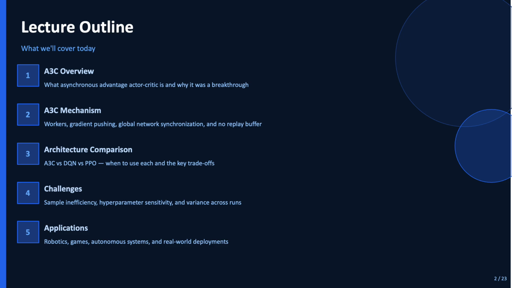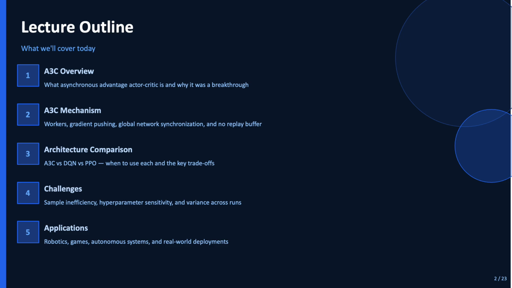This lecture covers 5 connected topics that build on each other in a deliberate sequence. We begin with what A3C is and why parallelism was such a significant advance over prior methods. We then examine the actual mechanism: how workers collect experience, how gradients flow to the global network, and why the design eliminates the need for an